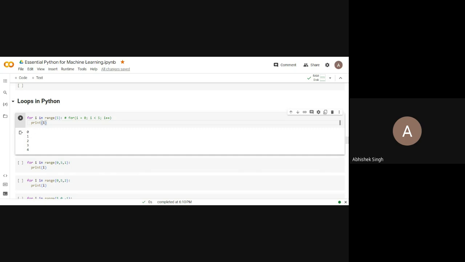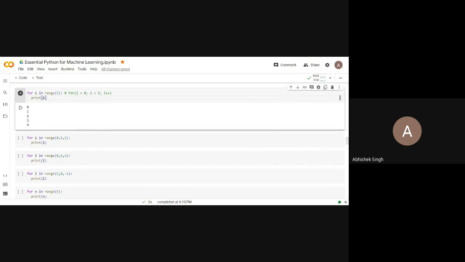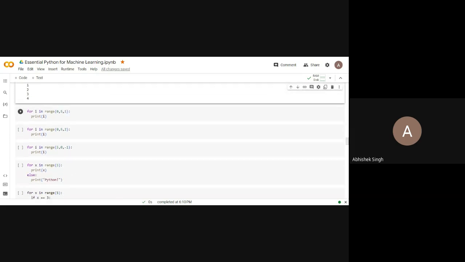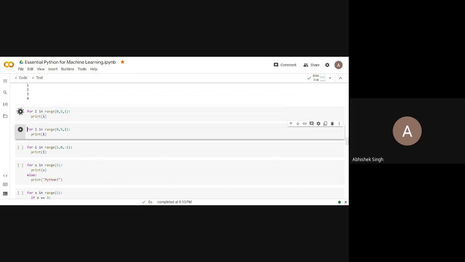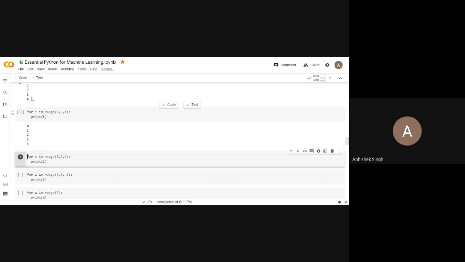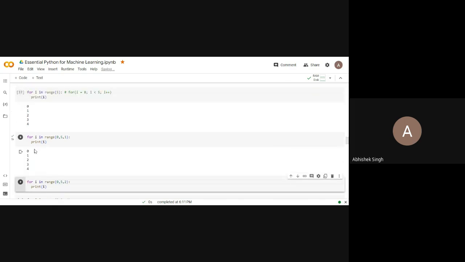By default, the for loop will automatically increment by 1.